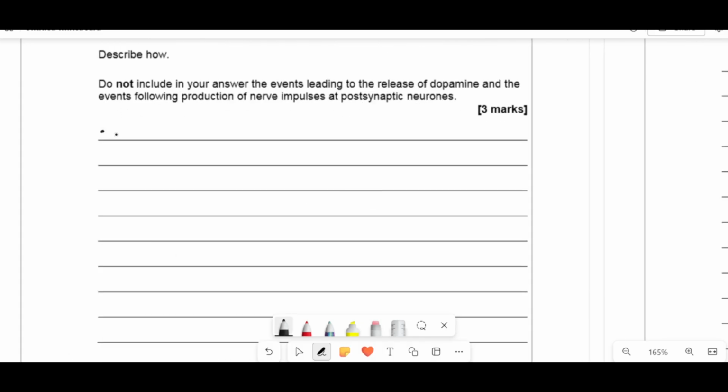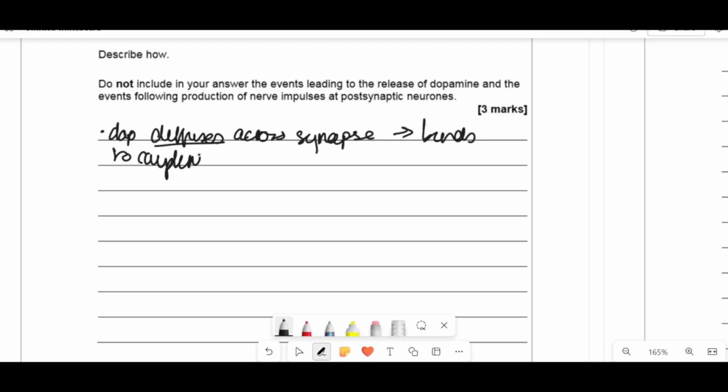So then what happens is it's the same thing. So the dopamine, I'm just going to write dope just because I'm lazy. You write the whole thing. It diffuses. You can't just say moves. You need to explain why. High concentration, lower concentration. Across the synapse. And like I said before, it binds to complementary receptors. But you need to say where. On the postsynaptic membrane. Then what that does is it opens Na plus ion